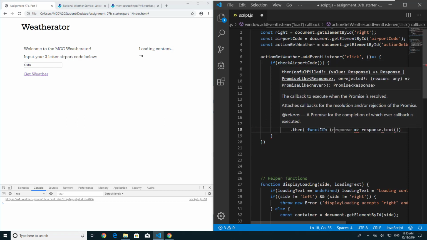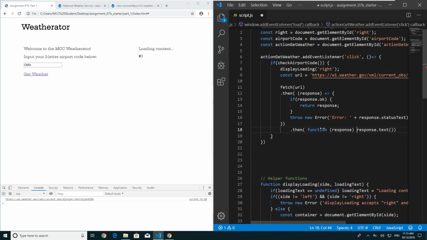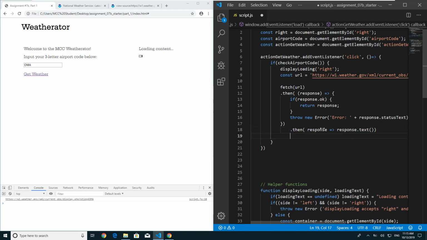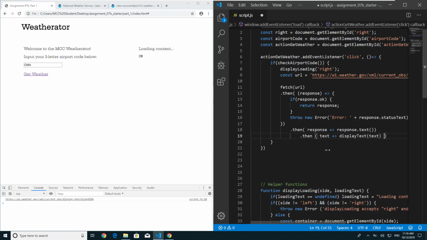Even if you have to do something like this, which is an equivalent for an anonymous function to handle that, I'm just trying to keep more closely aligned with what is in your textbook. Okay, so we have that arrow function there. That text method is going to create another promise, so we need to handle that promise. We got a lot of thens. Okay, now, then I'm going to call this object, in this case, text. And all I'm going to do is pass this to the display text